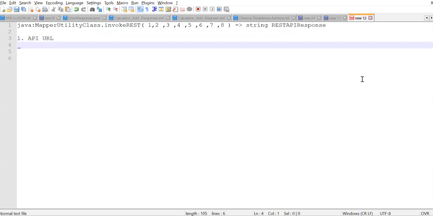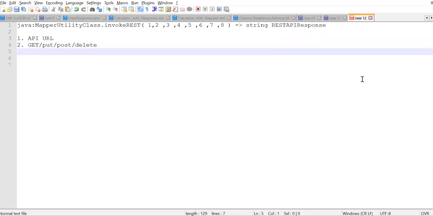The second parameter is your operation, which operation you are performing on your API. Either it's a get, put, post, or delete. Any one of these operations can be there in your API.